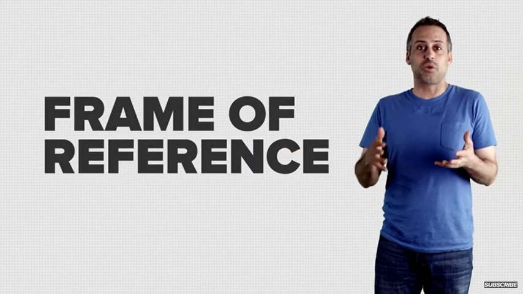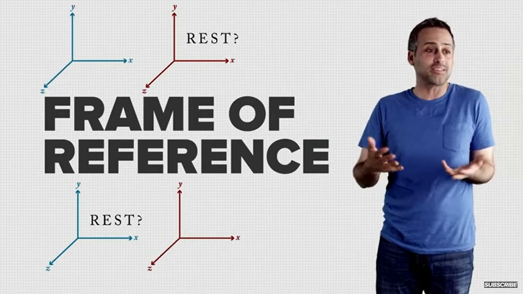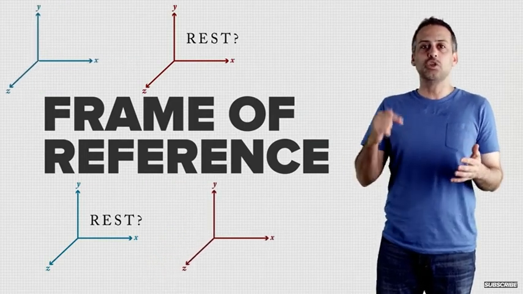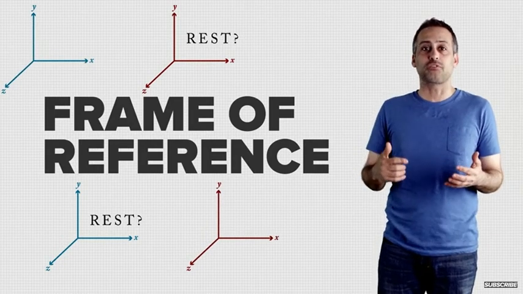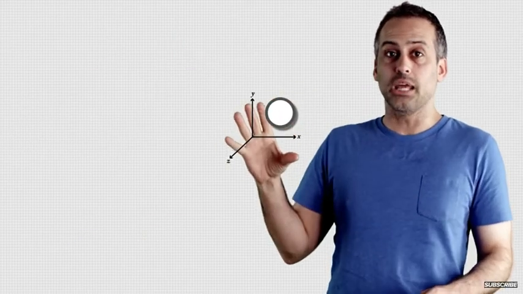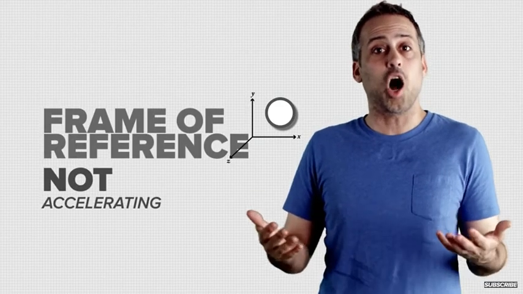Welcome back. Now, Newton's laws can't tell you whether a frame of reference is really at rest or really moving at constant velocity, because that distinction is meaningless and simply a matter of point of view. However, interestingly, Newton's laws can tell you whether your frame of reference is really accelerating or not. Here's how that works. Take an object with no forces on it and let go of it. If it stays right where it is, then your frame of reference is not accelerating, and we call it an